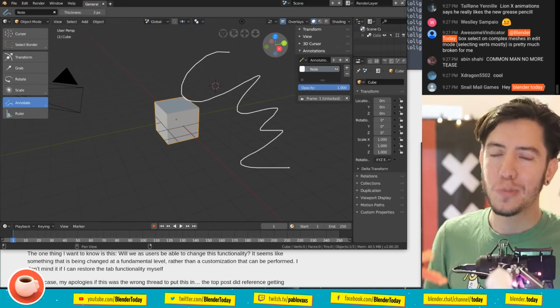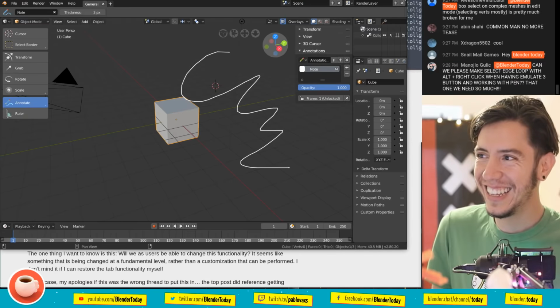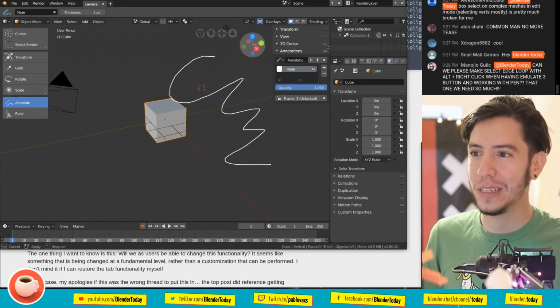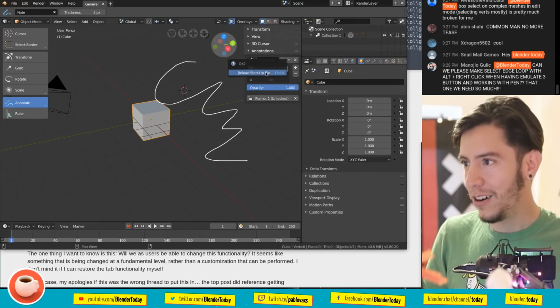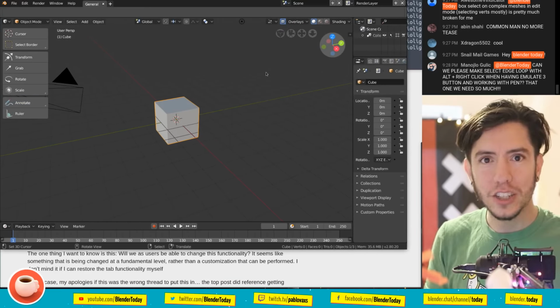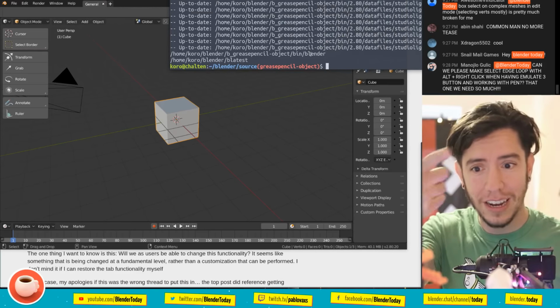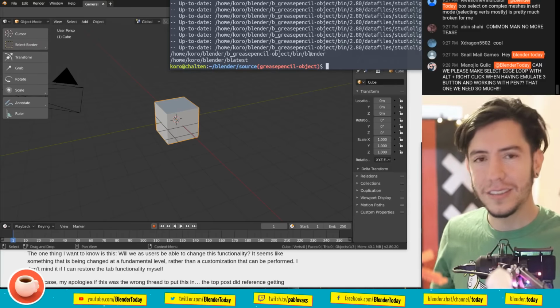So, spoiler, I'm not gonna spoil this anymore, but it's just so cool what the Grease Pencil guys are doing. It's just amazing. And they merge 2.8 all the time. So if you compile your own Blender, which you should because it's really fun,